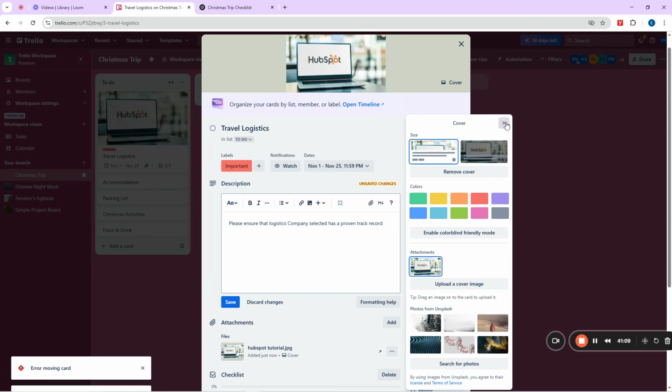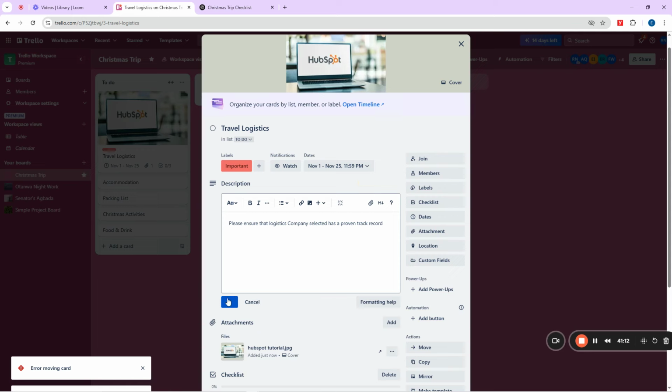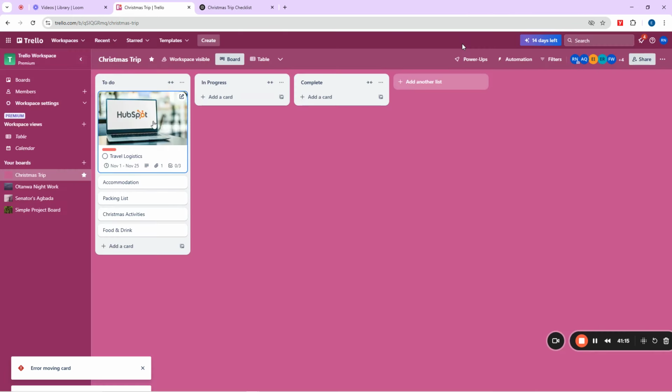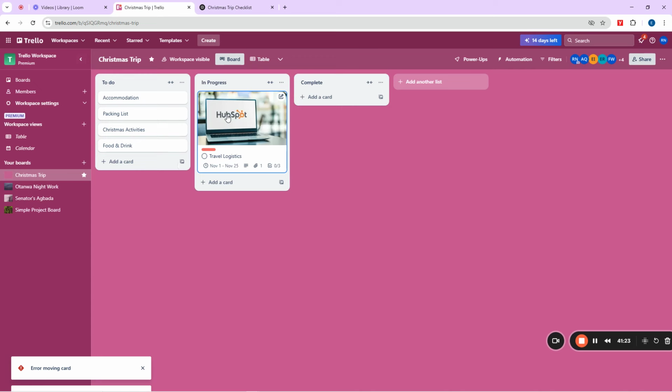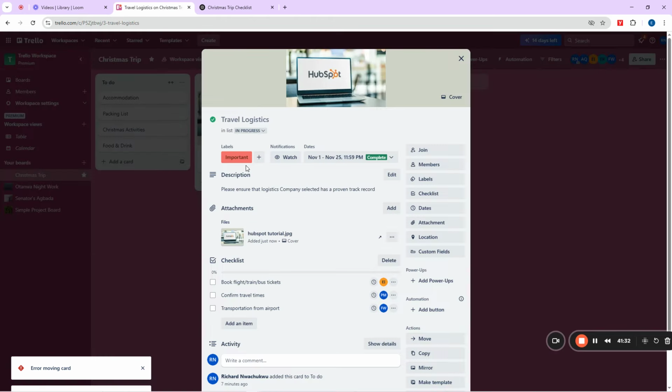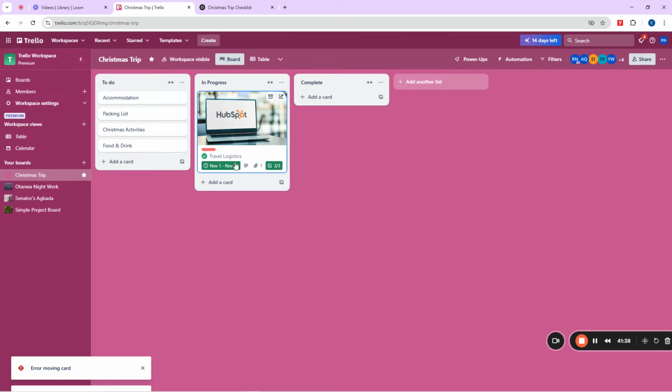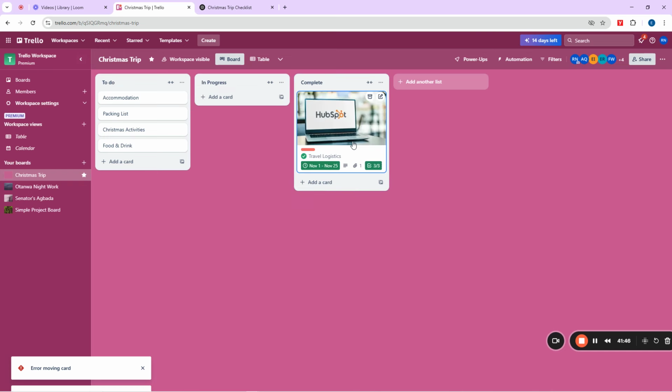So look at how it works now. If I close all here and click on save and close here, when you now come, you'll be seeing this our task, or this our card, as this one here. You can even drag it down here. Can you see now? And now you see that this one actually has a list here, right? You can even see the list when you click on here. You can check this, and check this, and it will now become green here. Can you see that it's showing that we have completed everything here? Is that not cute? And you can even drag it down to the completed section. I think it's cute, right?